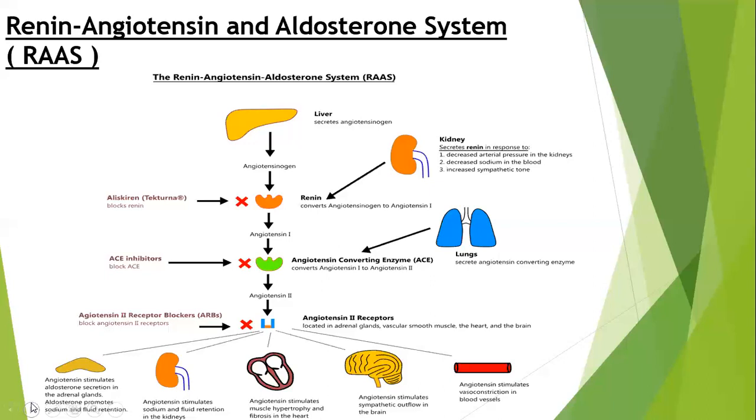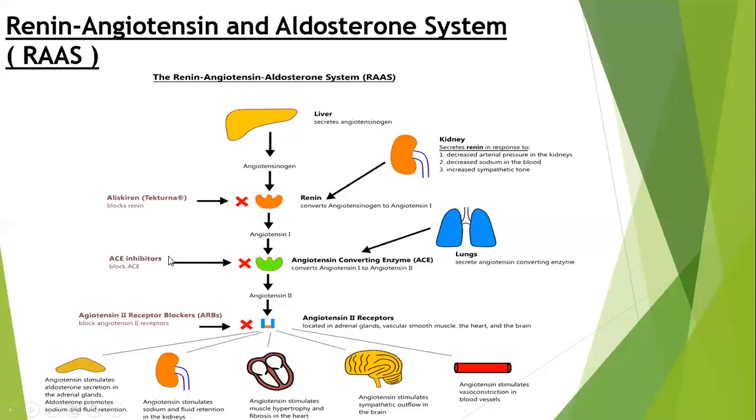That's why there are medications like angiotensin converting enzyme inhibitors. In that case, the angiotensin converting enzyme inhibitors block the ACE. That's why angiotensin 2 will not form, so vasoconstriction will not occur. Another medicine is called angiotensin 2 receptor blocker. That also reduces vasoconstriction. So these are all basically blood pressure lowering medications. Antihypertensive drugs, ACE inhibitors, and angiotensin 2 receptor blockers are all blood pressure lowering medications.